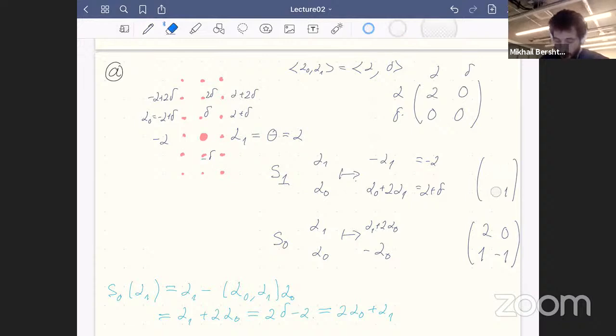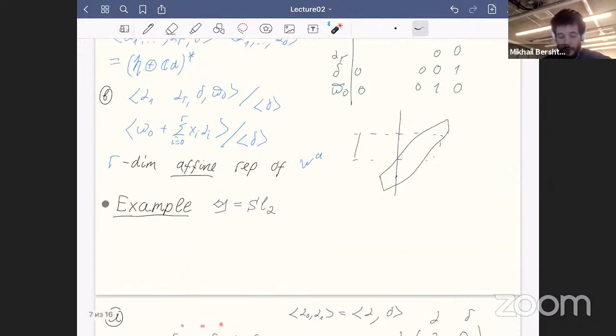No, okay, everything is wrong. Okay, these two matrices. Each of these matrices is a reflection, as one can easily see, and they generate the affine action of the affine Weyl group on this space. Are there any questions? If no, let's return to